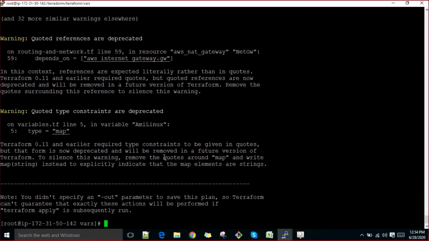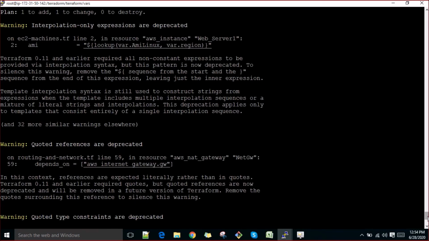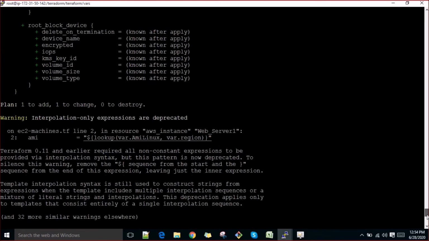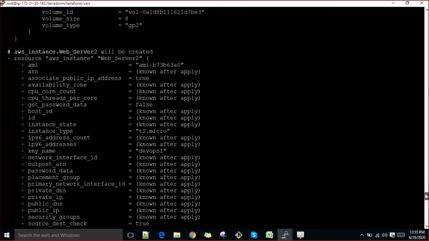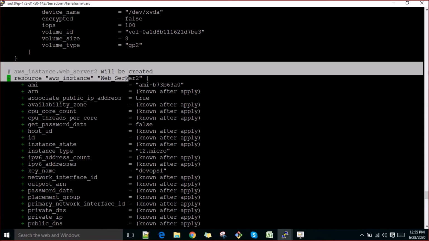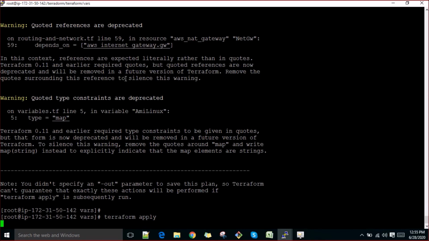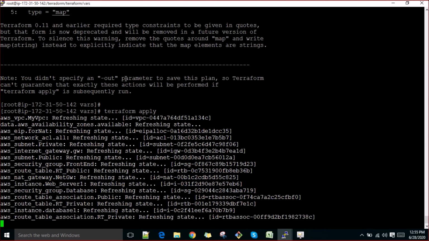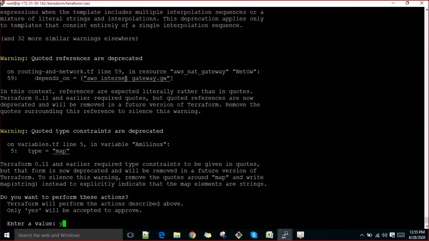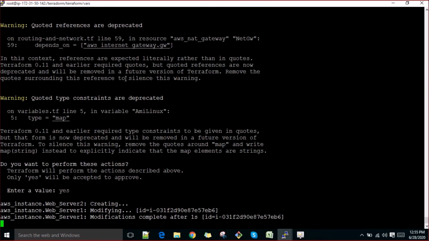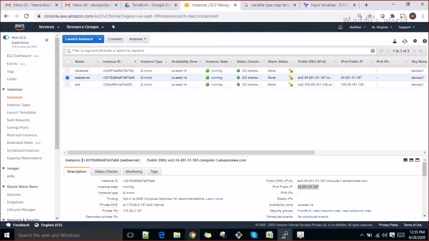So you see what will happen now, right? You are just updating your infrastructure. It says one to add here. This is the AMI which will be picked. A couple of things would be deprecated here, and you can see this instance will be added. So you can quickly go here, guys, and apply it. So yes, here you go, right? Even how quickly the things are being modified and created for you.